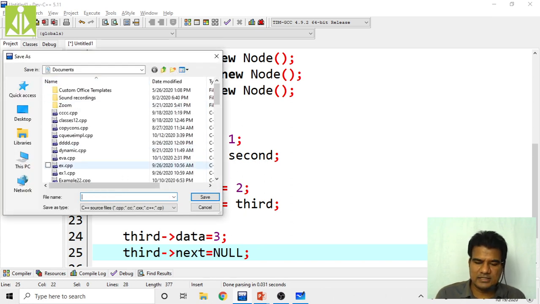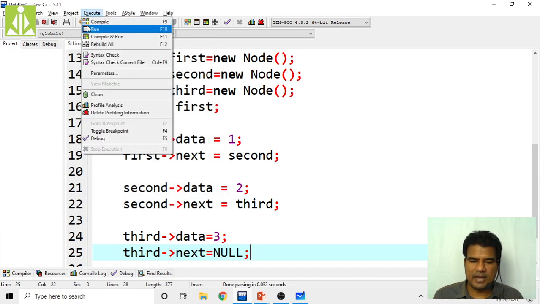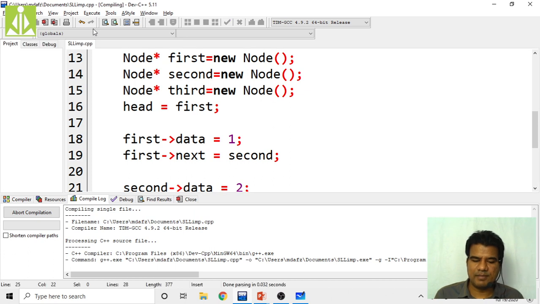I will save it as SLL implementation, SLL IMP.cpp, my program name. It got saved, then compile the program. Hopefully it gets compiled successfully.